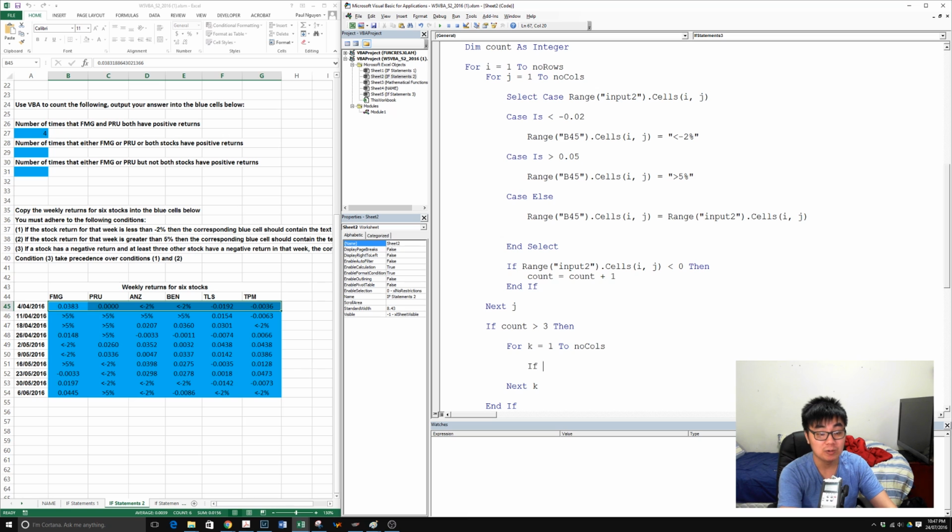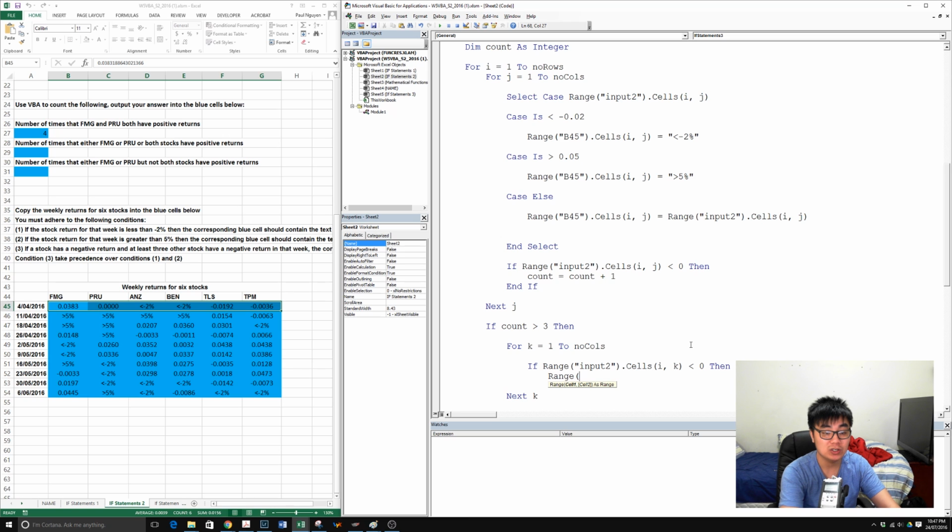If the return, i.e. if Range("Input2").Cells(i, k), remember k is the variable that we're using here, because k is now the variable we're using to loop across. So if this is less than 0,